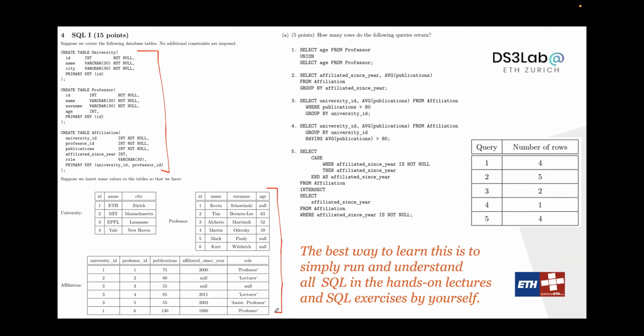One thing we could do is give you a SQL query, for example this one: select age from professor, union, select age from professor. And we ask, how many tuples are we going to have? So if you are able to understand our assumptions, you should be able to take a SQL query, read it, understand the semantics, and have the right expectation about what is going to be in the result. In this case, as you can see, the first subquery is going to give you essentially 6 different tuples, and once you do the union,